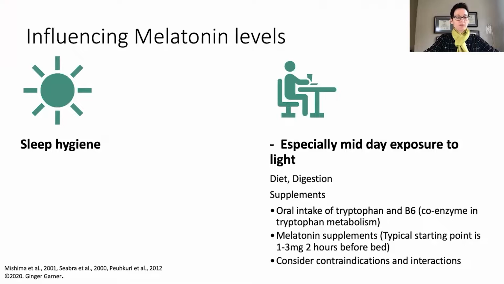Okay, so how can we influence melatonin levels? The elderly who are not exposed to daylight, sunlight, are going to have major issues with falling asleep in the evening. So they need to actually be exposed to natural daytime light. In the absence of that, let's just say you live in Alaska, for example, then you're going to need to be exposed to blue light. And so you can get a blue light machine. Having those in ICU and adult care facilities makes a critical difference in outcomes for people.